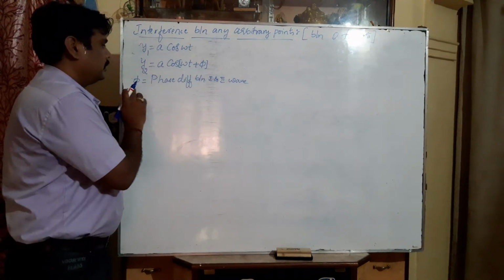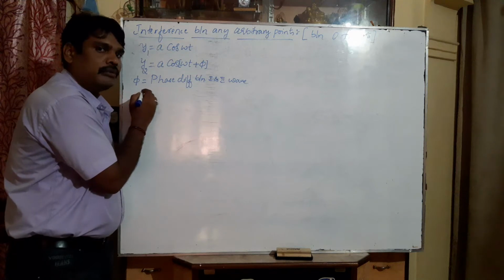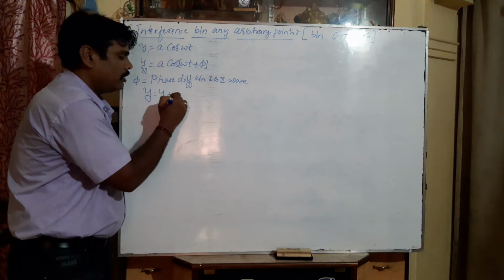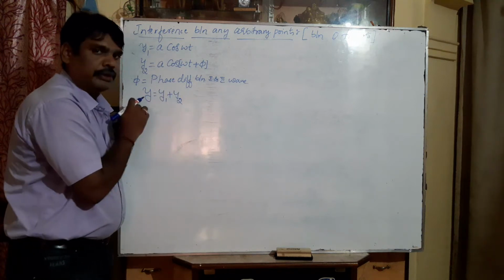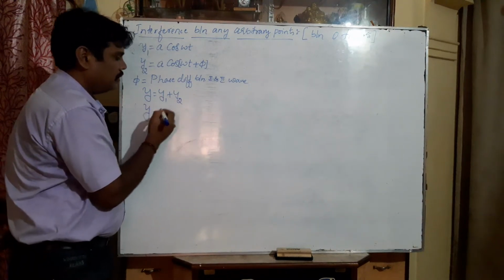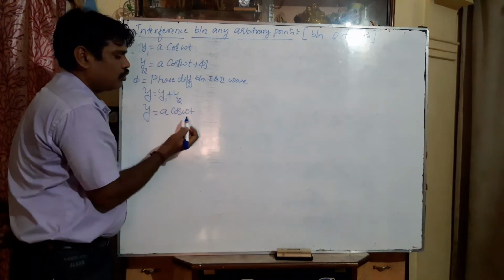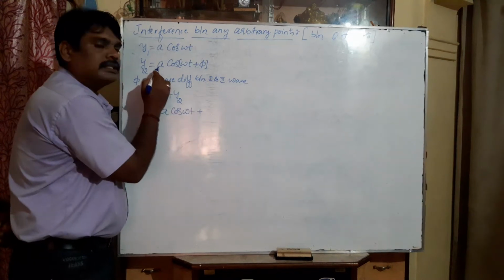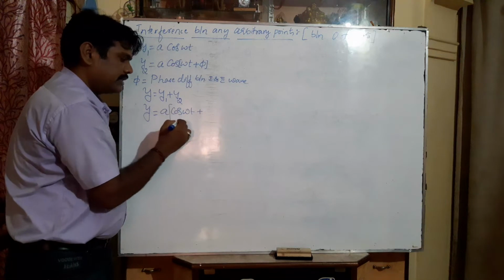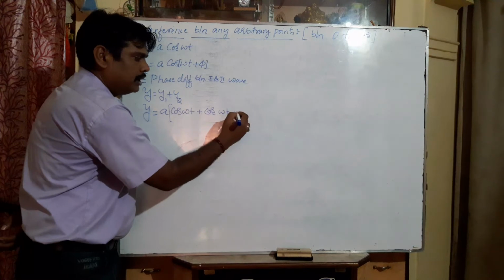point. So now, according to the superposition principle, what is the superposition principle? It is the vectorial sum of individual waves. It means the resultant wave y is equal to the sum of y1 and y2 individual waves. Now substitute these two values here. We will get y is equal to a cos omega t plus a cos omega t plus phi. So I will take a as a common factor. It will become cos omega t plus cos omega t plus phi.